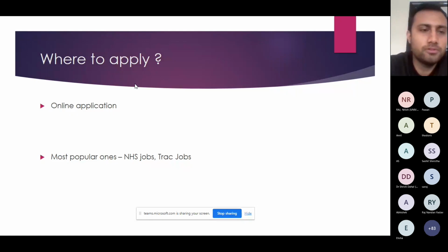So we do not need to write anything on paper or anything. It's just an online application, and it's free of cost. Unlike USMLE or anything, we do not need to pay anything for the job application. The most popular sites used for the online job application are NHS Jobs and Trac Jobs. However, there are other forms as well. If you can register yourself as a British Medical Association member, you can get job applications from